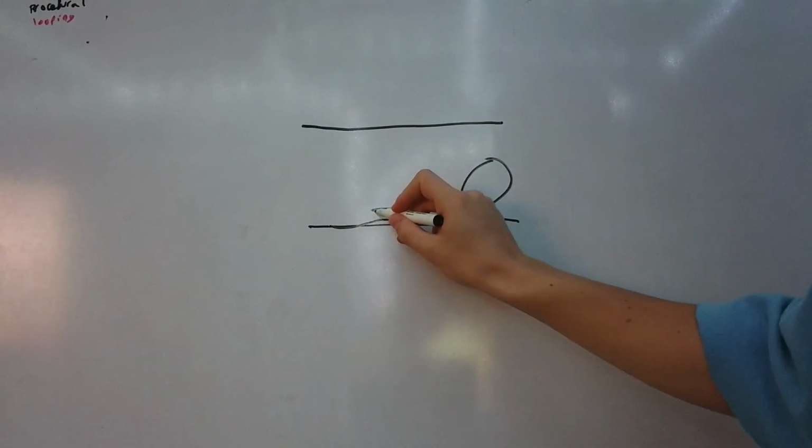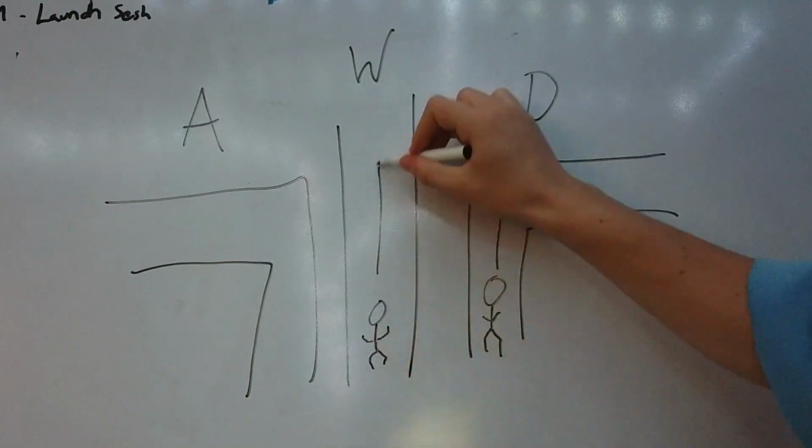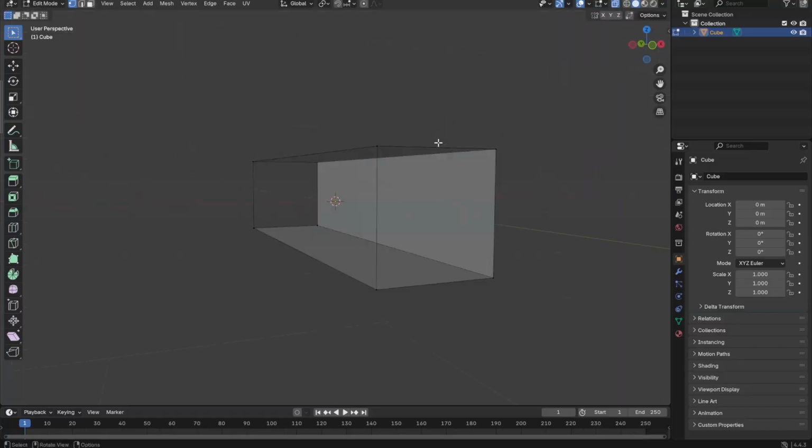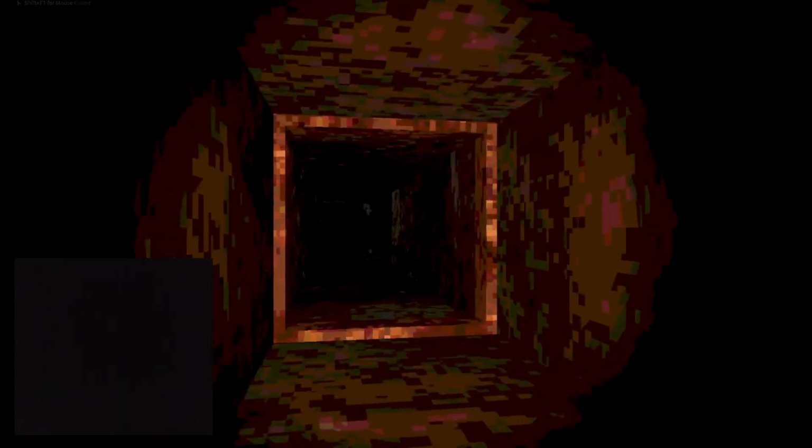The first thing I decided was I would have the player crawling through these vents. And I wanted to have it so you're not actually controlling the camera. You're just using the W, A, and D keys to decide which direction to go. So I modeled up some vents, slapped them into Unreal, and got some player movement going, and this is how